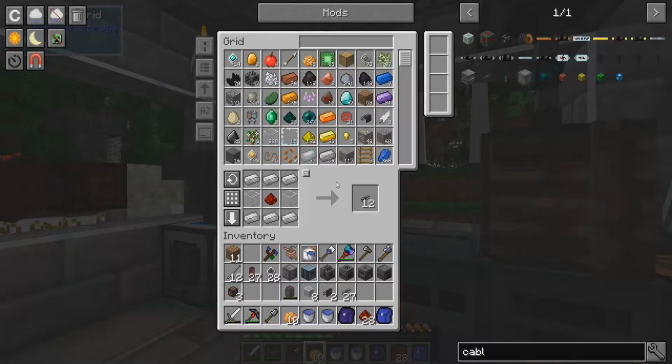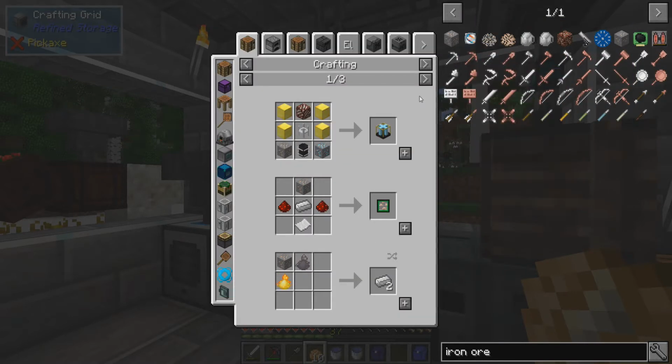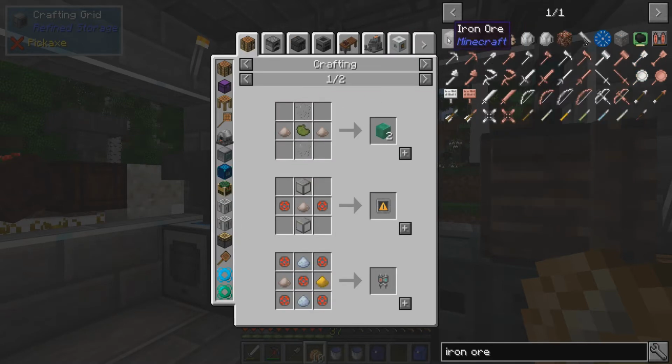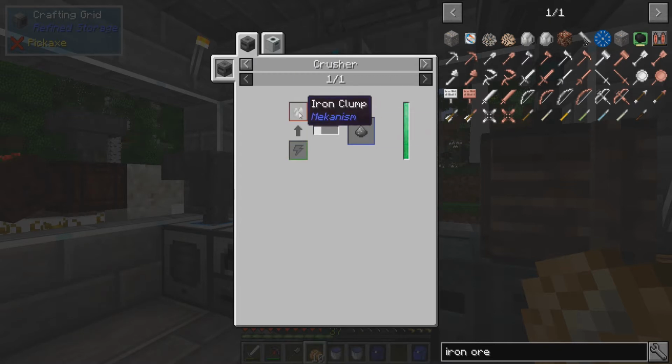Alright guys, welcome back. So I think I've got this figured out. Basically what I did, looked up iron ore, I right clicked to see what I could do with it. You could put it in the enrichment chamber, get 2 pulverized, which we know cooks into ingots. Purification chamber gives us 3 iron clumps, but it takes flint, which I didn't know, and oxygen. Pretty sure it takes both. Maybe one or the other. We'll see shortly. That gives us 3 iron clumps, which then go in the crusher,